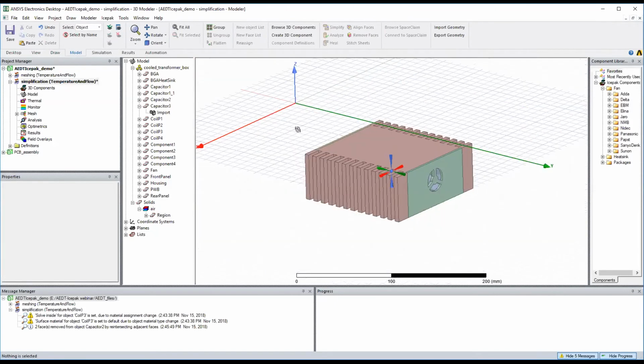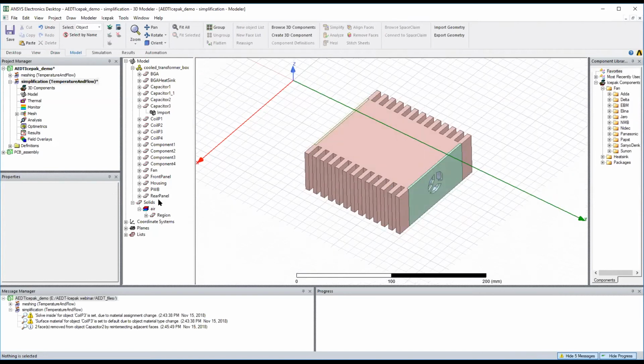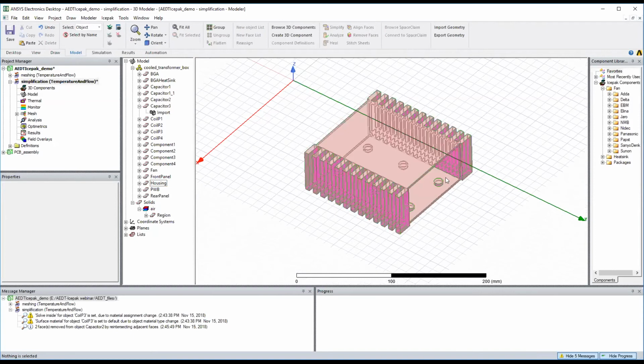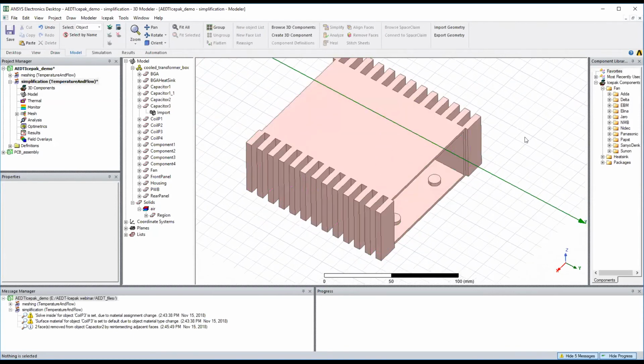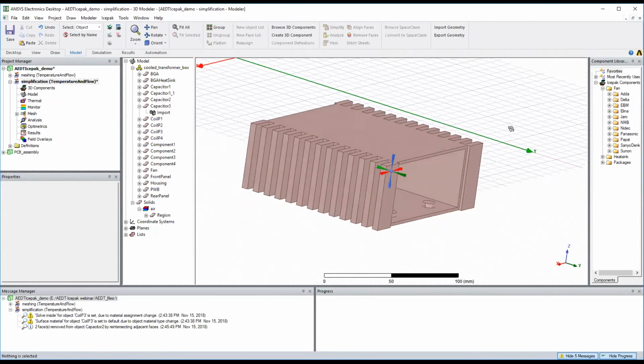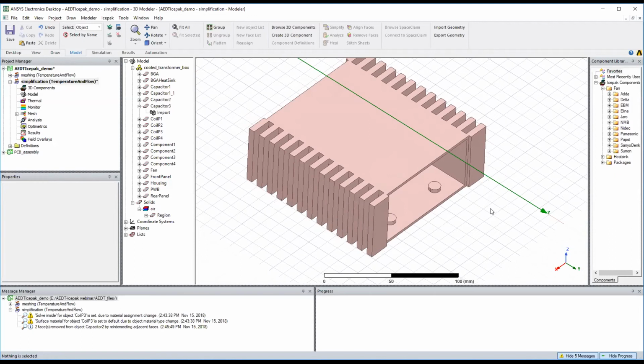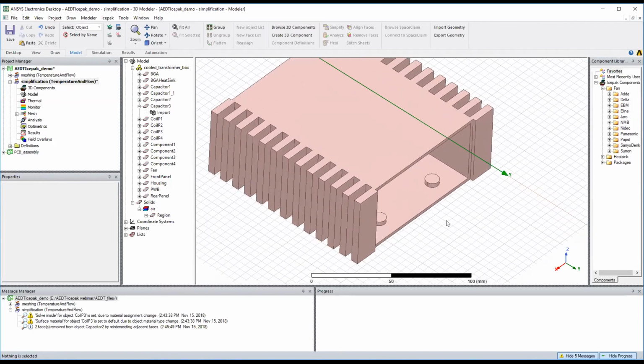Let me hide the region. Let me go to, let's do the housing. All right, let's hide everything else here. One of the things, this one-piece housing, pretty simple in terms of shapes, but again, probably something that I want to break down. And maybe it's a little too complicated to use those simplification routines, so I can